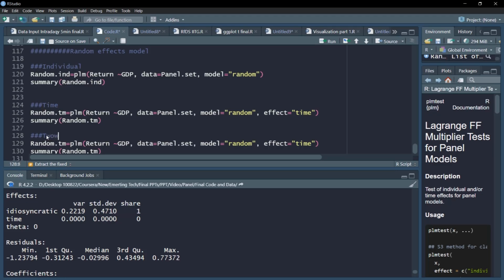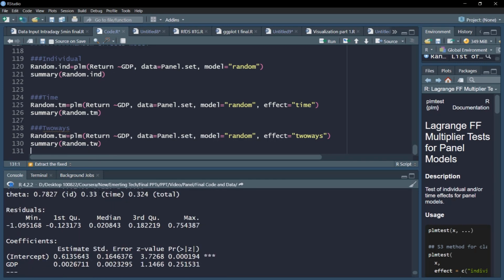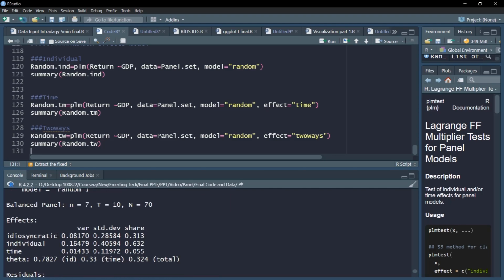Let's see what about two ways. We'll use the two ways effect, and it's very easy to implement. I can write this two ways command here, and let's call it random TW, and an interesting output will be generated. As you can see, apart from idiosyncratic, you now have individual and time dimensions, and as we expected, the individual dimension is pretty large in terms of contribution to variation, around 63%.